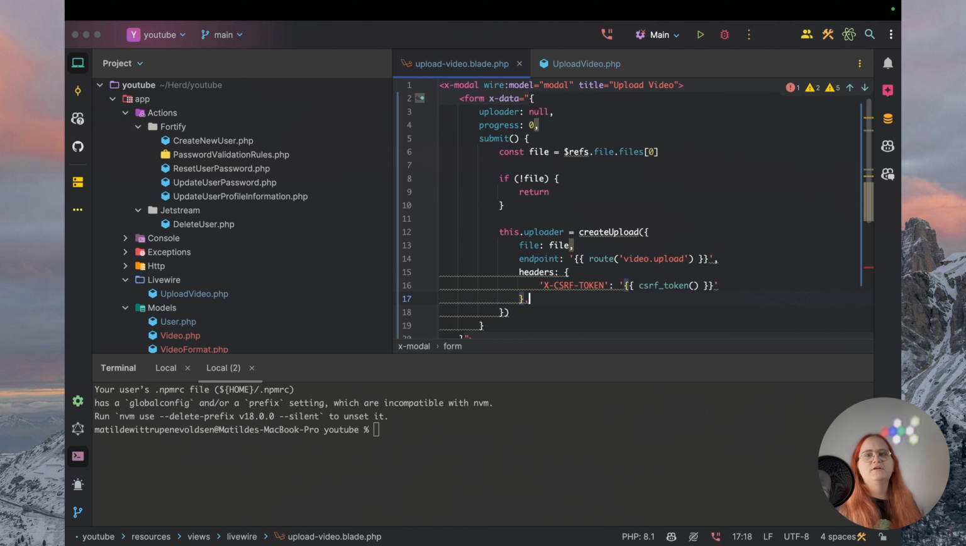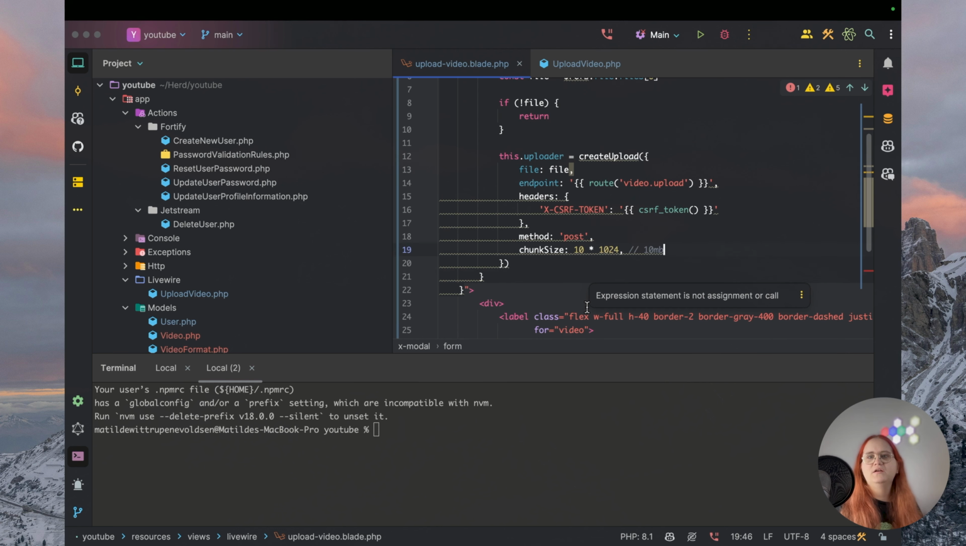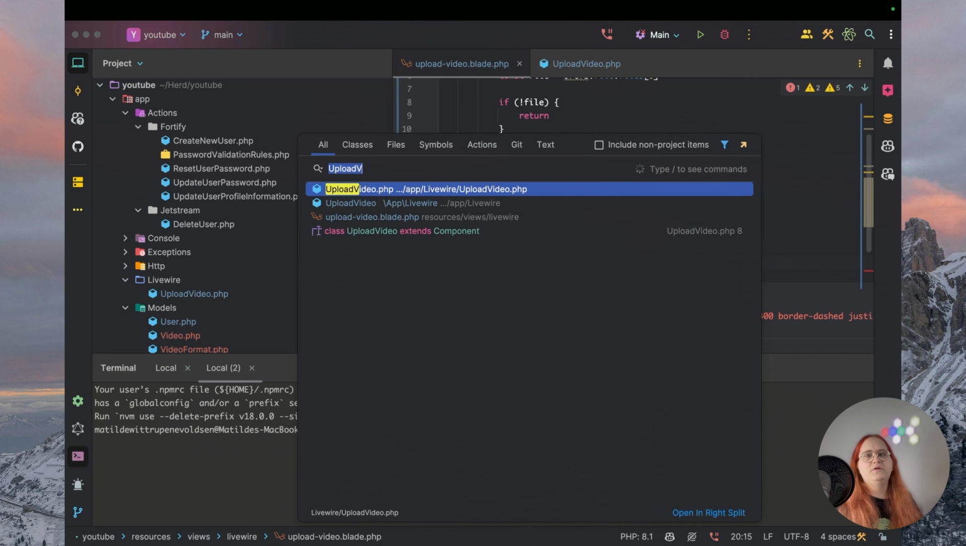And outside of that, we want to specify the method as post. And we want to have a chunk size of 10 times 1024, which is 10 megabytes. So this will essentially go ahead and upload it. And then we want to just listen for progress changes, when it's successful and so on, and basically deal with it from there. So if I go to web.php,